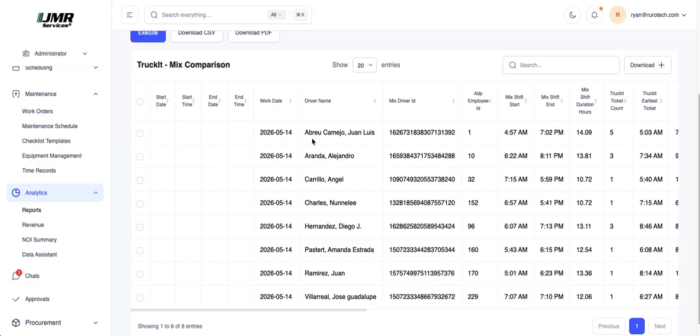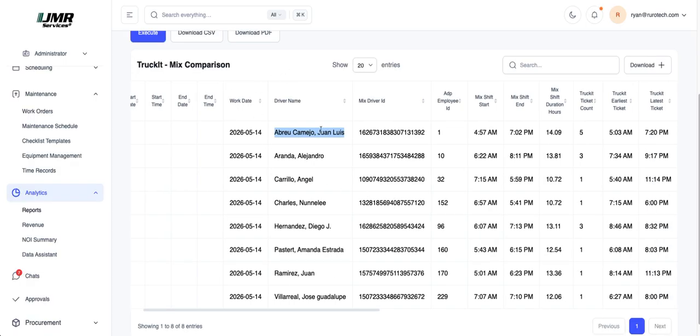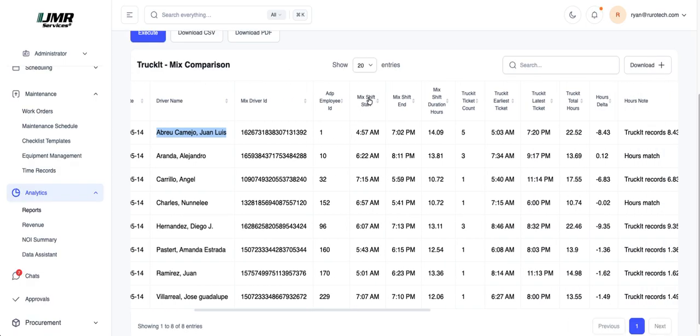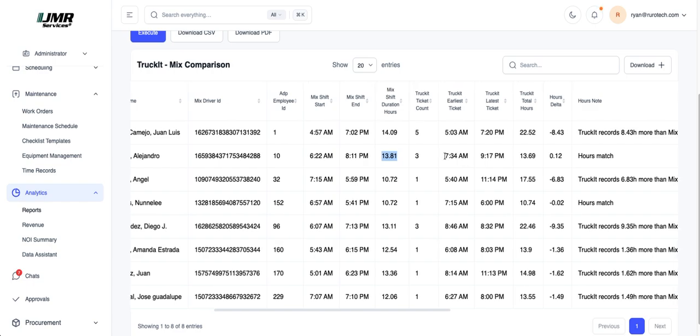So you can see for each user on that day or over that time period, and it will show basically the differences between all of their Mix numbers, right? The time that they clocked in, the time they clocked out, and their Truckit numbers. So let's look at Alejandro Arenada, for example. On Mix, he started at 6 and he ended at 8 p.m. That's a 13.8 hour time period there. And then on Truckit, he clocked in at 7:30 and clocked off at 9:15, which is a 13.69 total hours